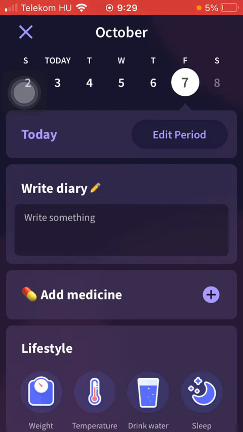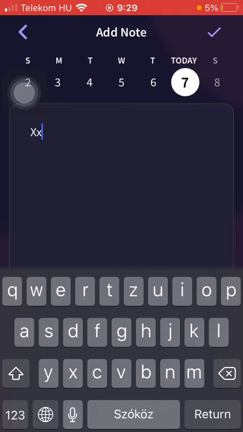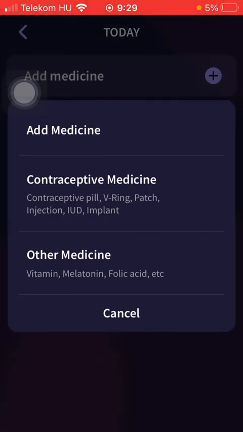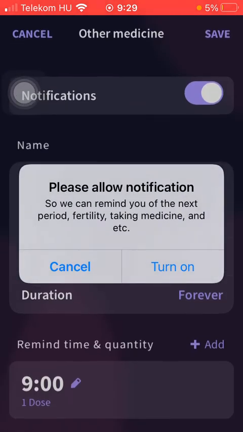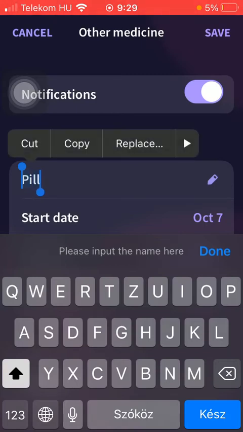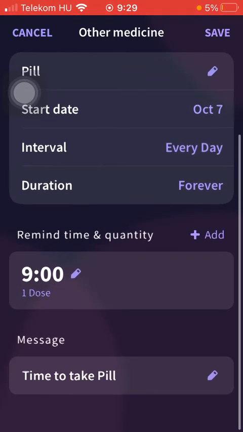Here you can write a diary. Tap on the checkmark icon in the upper right corner of the screen, add medicine that you take daily. Here you can select whether it's a contraceptive medicine or other medicine. Here you can type in the name of it, start date, interval, duration, remind time and quantity, and then tap